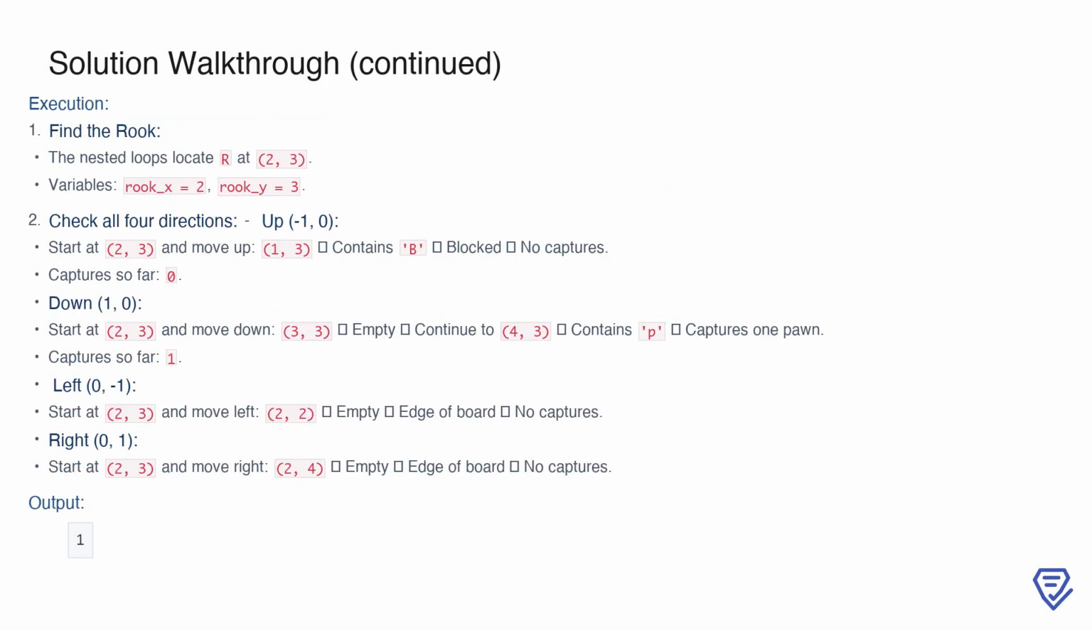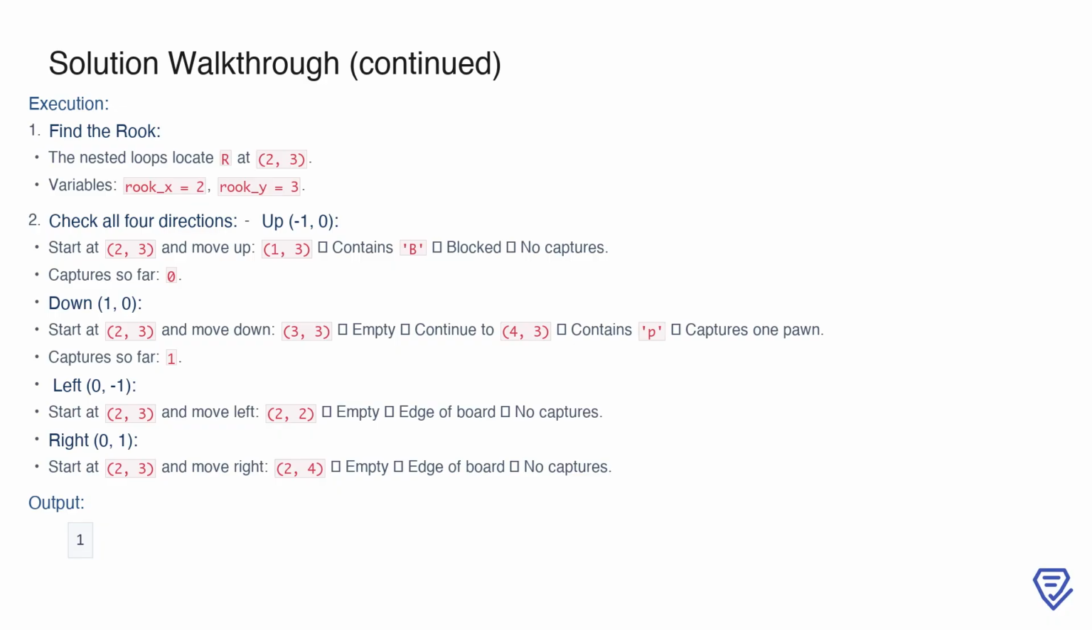In this second example, the board has a bishop, denoted as B, positioned at 1, 3, which blocks the rook's path in the upward direction. As before, we locate the rook at 2, 3, and begin by checking the upward direction. This time, the rook moves to 1, 3, and encounters the bishop, which blocks its path, preventing any captures. The capture count remains 0. In the downward direction, the rook moves to 3, 3, which is empty, and continues to 4, 3, where it